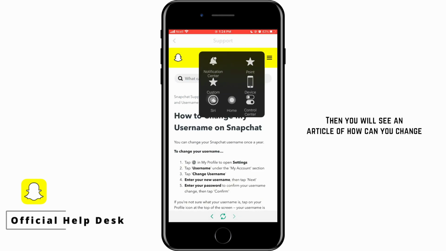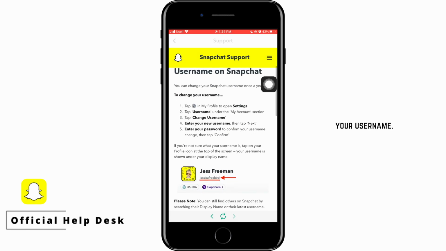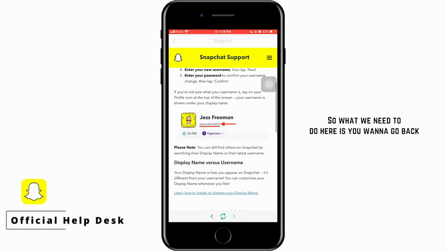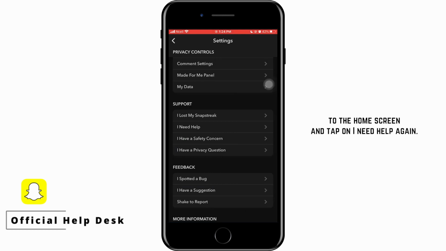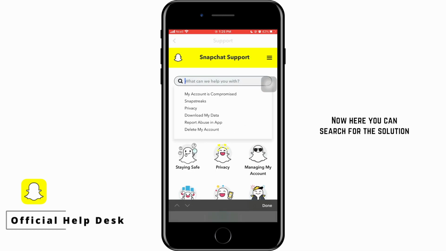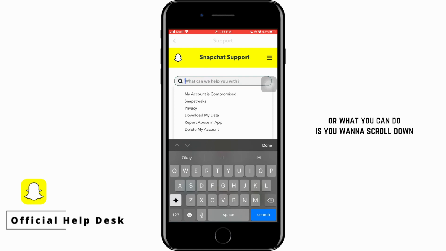Then you will see an article of how can you change your username. So this does not help us at all. So what we need to do here is you want to go back to the home screen and tap on I need help again. Now here you can search for the solution, or what you can do is you want